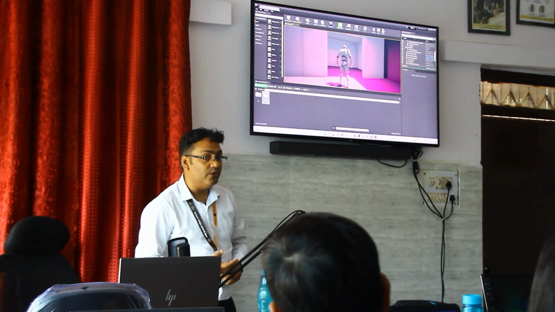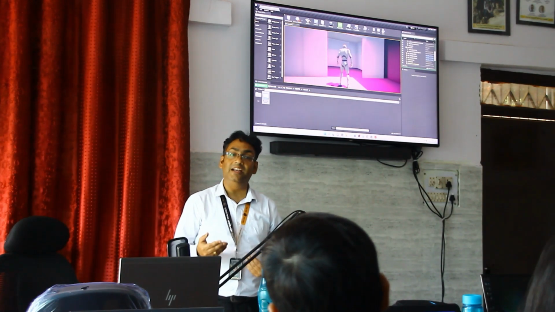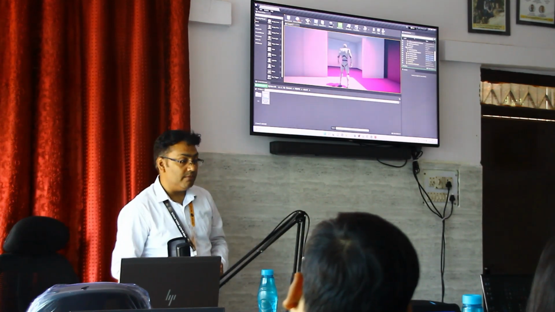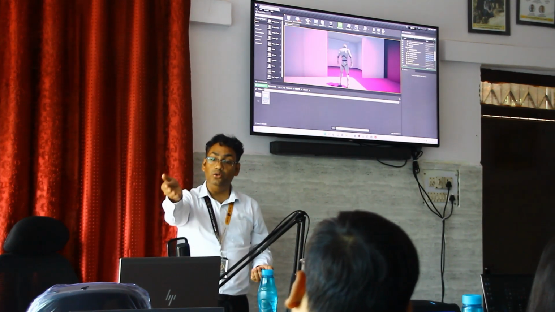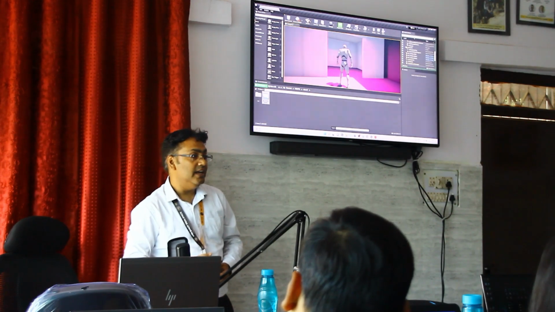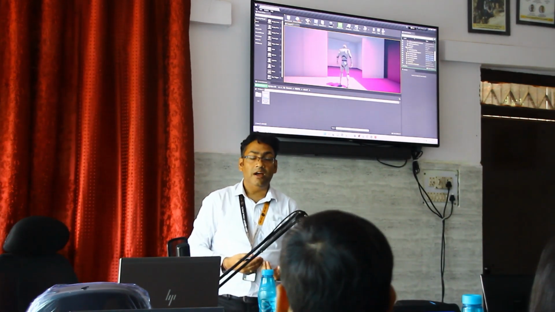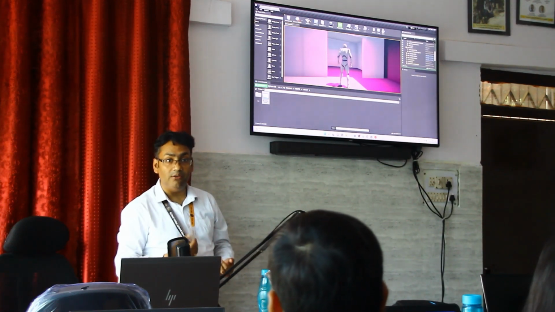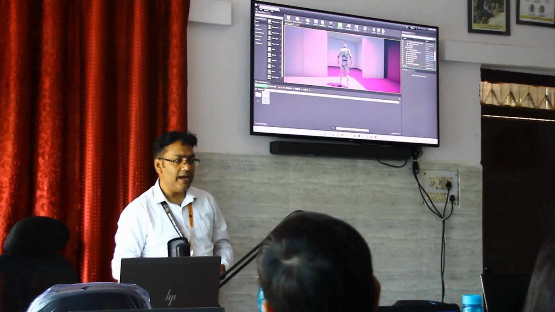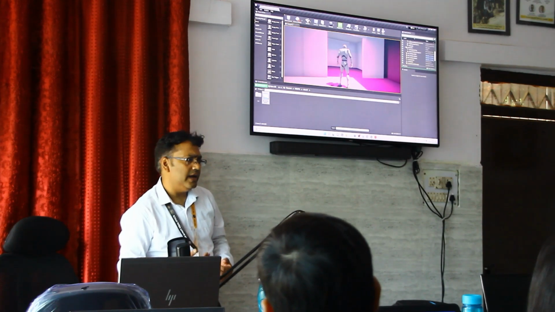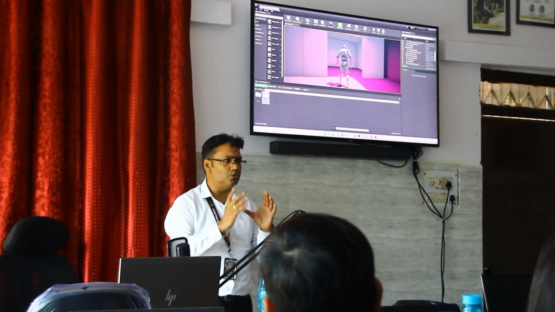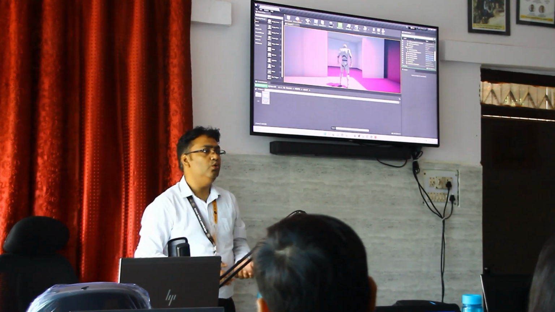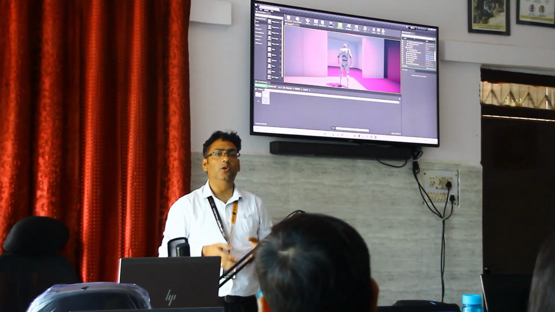It will be very helpful for you when you are doing particle effects, when you are creating your digital assets, and when you have a bigger pipeline where you want to utilize these kinds of assets. It will save you a lot of time later, because you can automate a lot of stuff with this. You can save a lot of artist time, and as a technical director, you can create